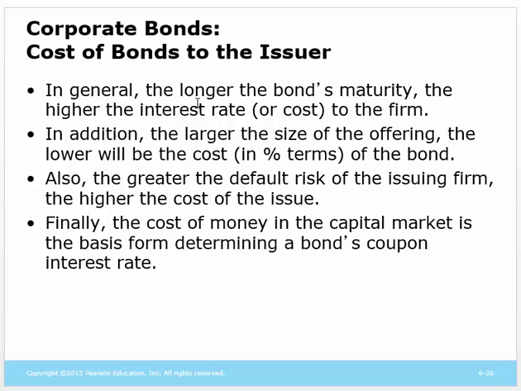So what do we know about the costs of debt? There are some basic rules and guidelines. The longer the bond's maturity, the longer the lifespan, the higher the interest. Makes sense? You want to borrow for 1 year versus 30 years. 30 years is more uncertain, so I want to have a little bit more return. The larger the size of the offering, the greater the debt, the greater the risk, the more return I want.